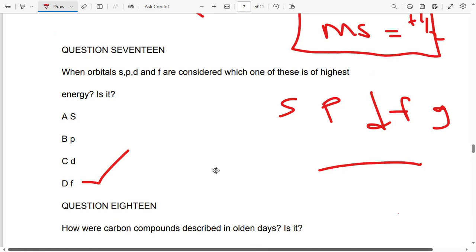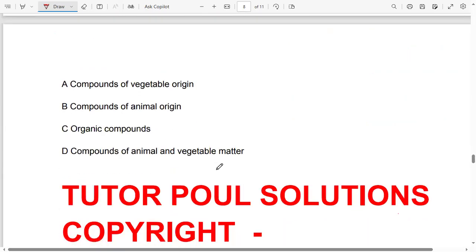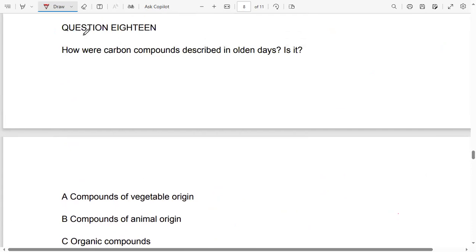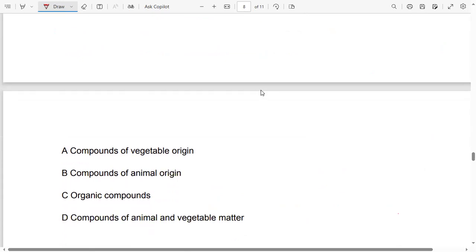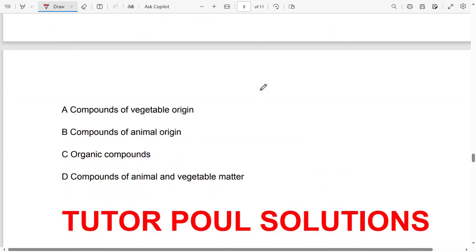All right, and then we look at the last question in this quiz, question 18. They're saying, how were carbon compounds described in olden days? Before, these carbon compounds were called organic compounds. What were they called? Traditionally, they were thought to come from